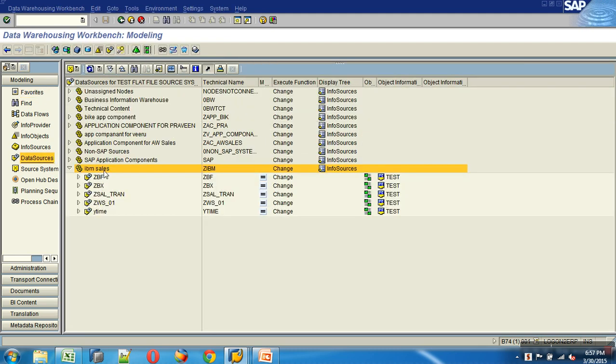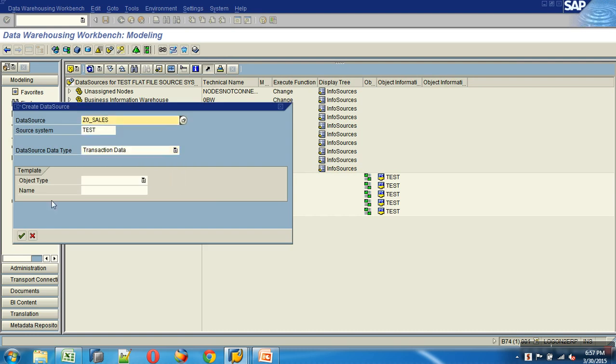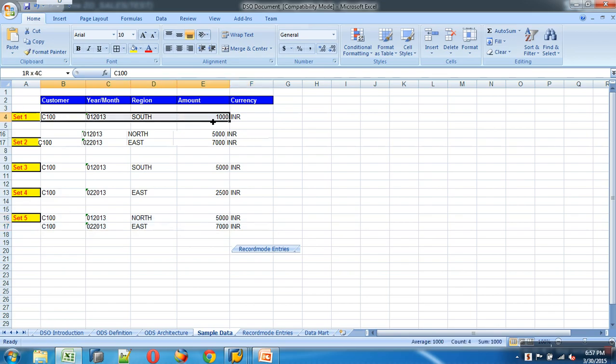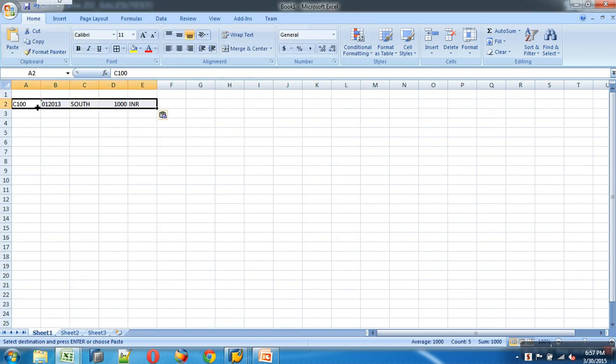Now I want to load this, so I'm going to create a data source. With this sample data, let me create a file. I'll load record by record.